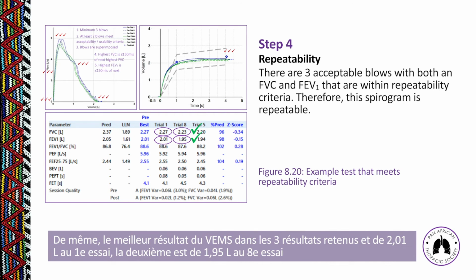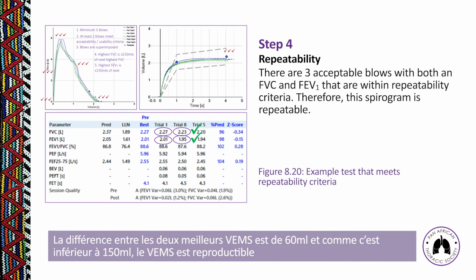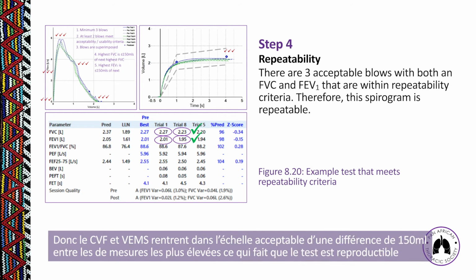In the same way, the highest FEV1 value of the 3 blows is 2.01 liters in trial 1. The second highest is 1.95 liters in trial 8. So the difference between the highest and second highest FEV1 is 60 mils. As this is less than 150 mils, the FEV1 is repeatable. So both the FVC and the FEV1 fall within the allowed range of 150 mils, highest to next highest, so